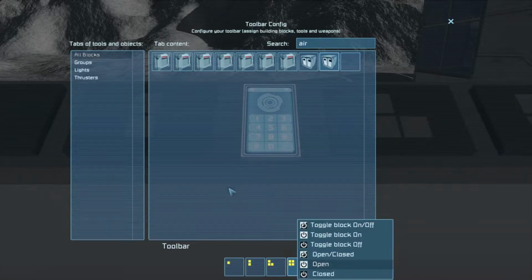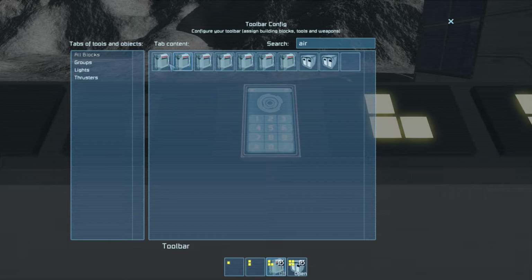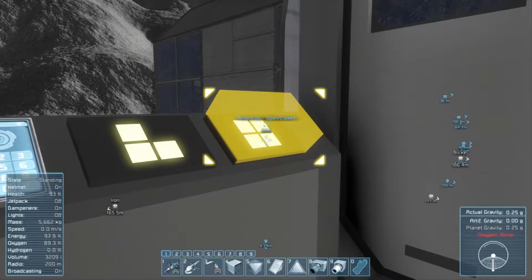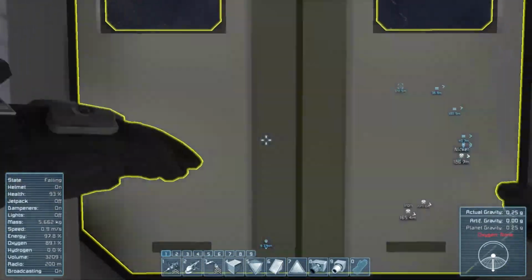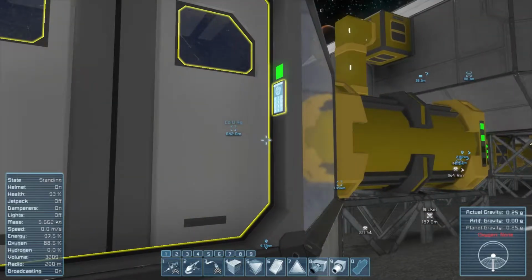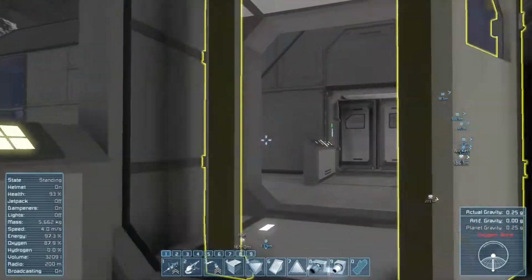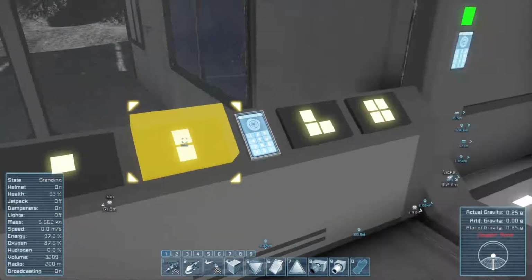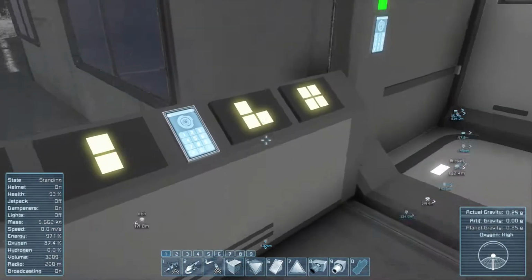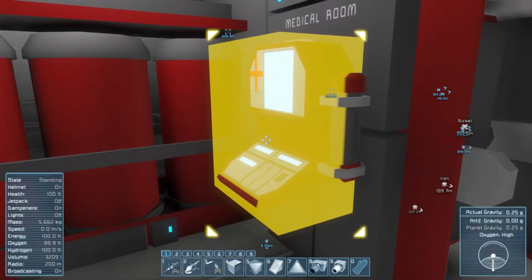So, interior door. We need to toggle block on off. Depressurize on off, and be able to open and close the exterior. Okay. That's weird. I don't know why this is being weird. Oh wait, no, I need to depressurize that. Let's see, how am I on...